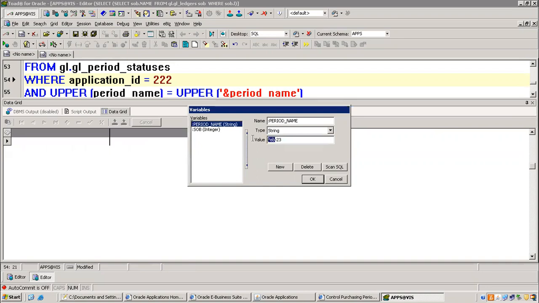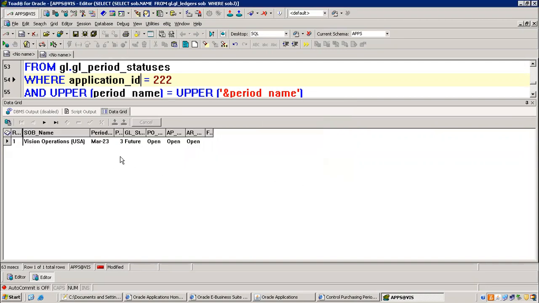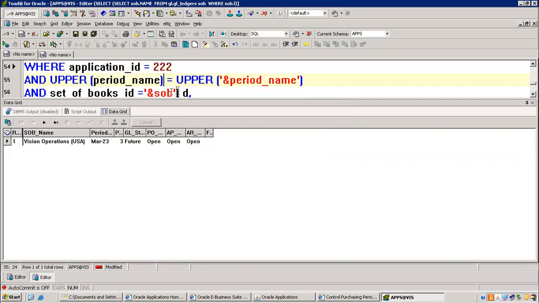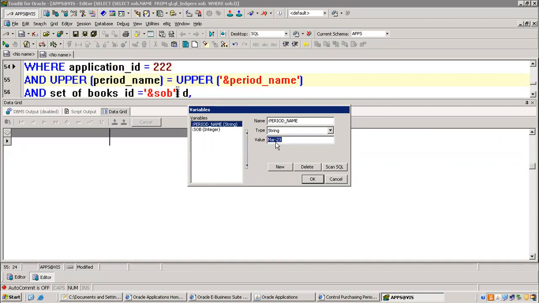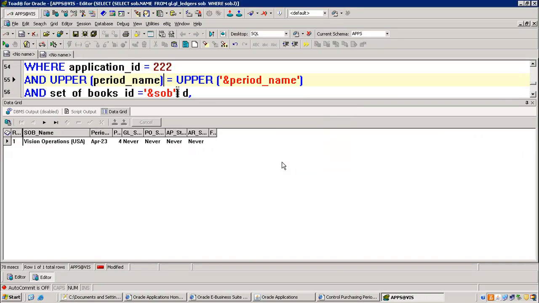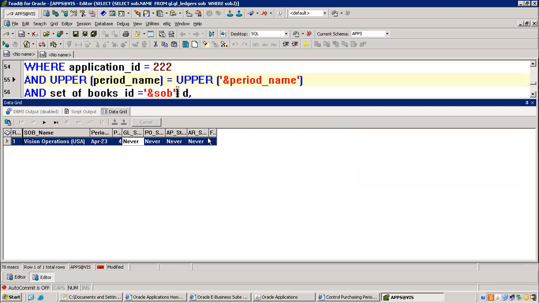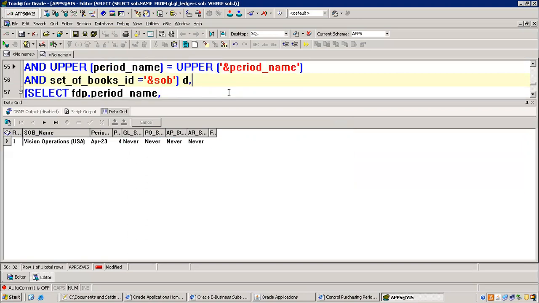In the same way, check March. It's a good query actually. Otherwise, you need to remember the navigations. It will take a lot of time. March also open. Understood, right? So how many tables have we used in this? I mean, what are the tables? How many can you easily tell? So if you search for AR, like April month, you can see no single period is open in any month. So this is a good option here.